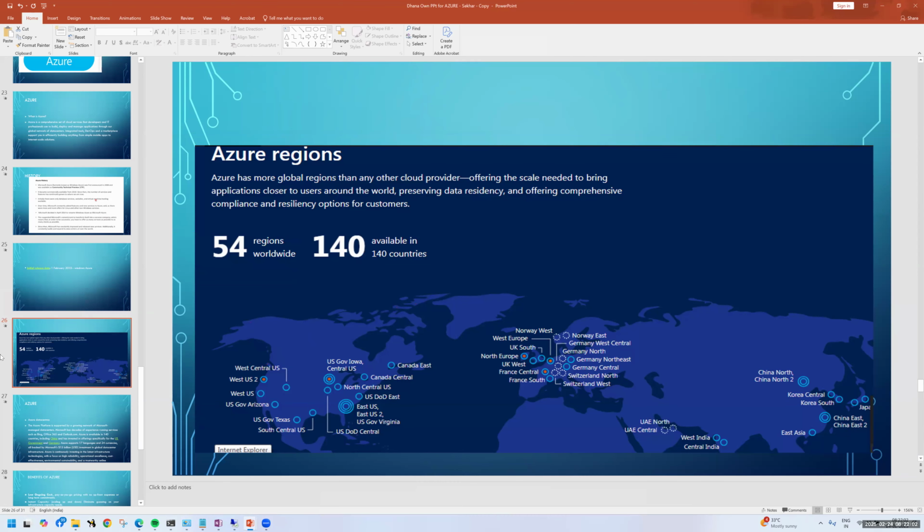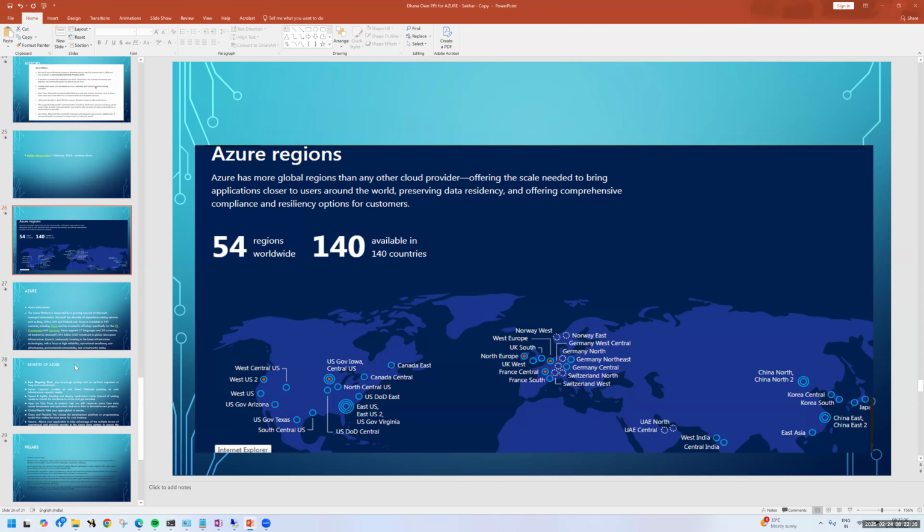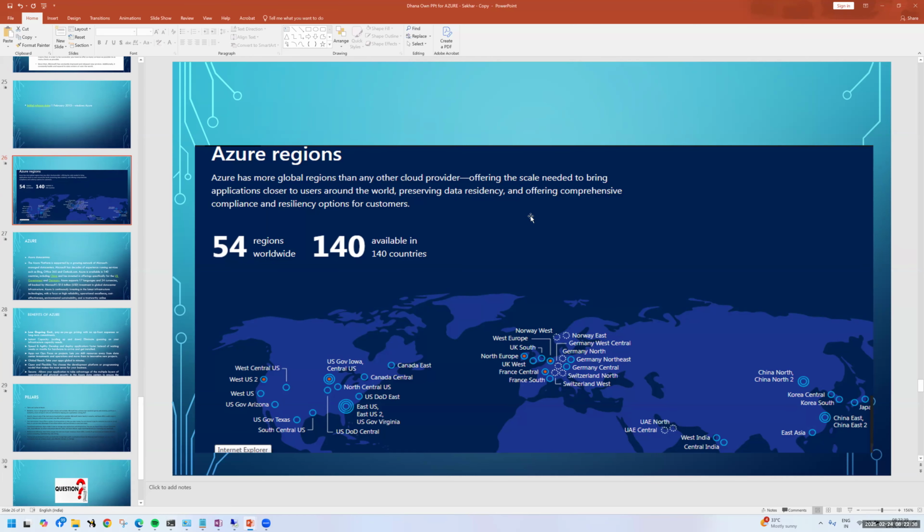So what does that mean? We can bring our application closer to the customer. You know, right? Nowadays, business is at our doorstep. If we order food or any home-related applications, they are landing at our doorstep. Am I right? In the same way, assume that I have more customers in China. I can go and deploy my services in the China region. Assume that I have more customers in East US or India. I can deploy my applications in the India region. Clear? This is the overview of Microsoft Azure.